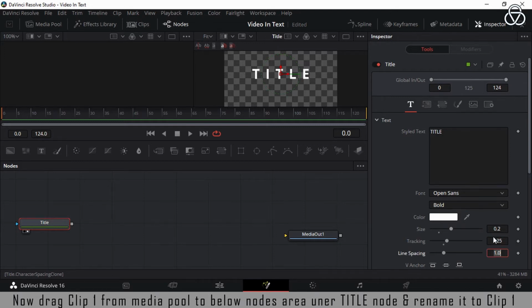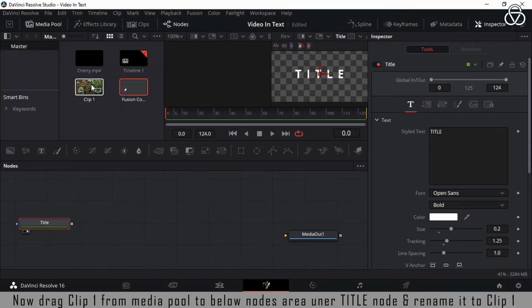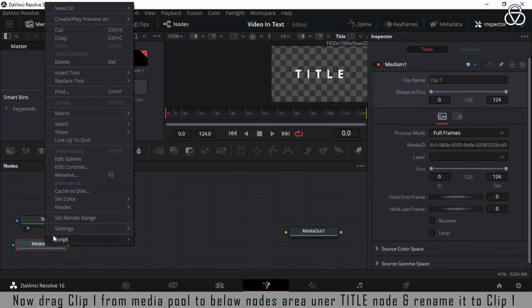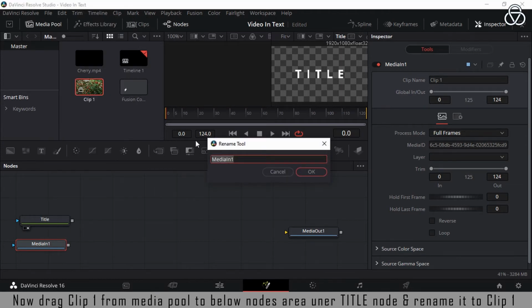Now drag clip 1 from media pool to below nodes area under title node and rename it to clip 1. Click OK.